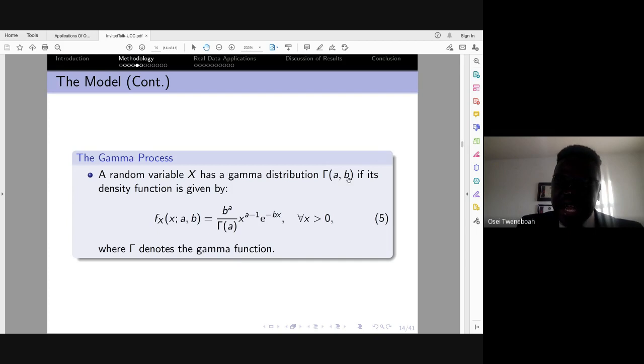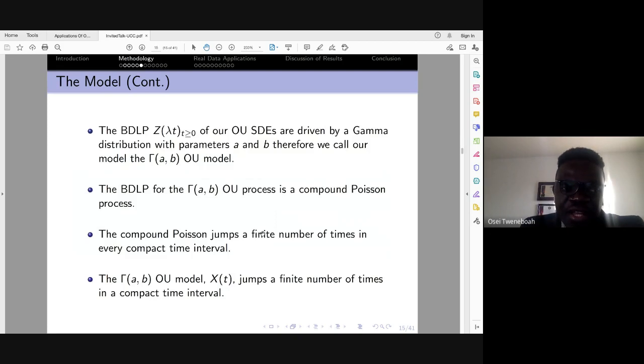So basically, these are the two parameters. And very soon I'll talk briefly about what each parameter does. Okay, so this is the probability distribution of the gamma process. And now that we've defined the gamma process, here we are saying that our BDLP, which is